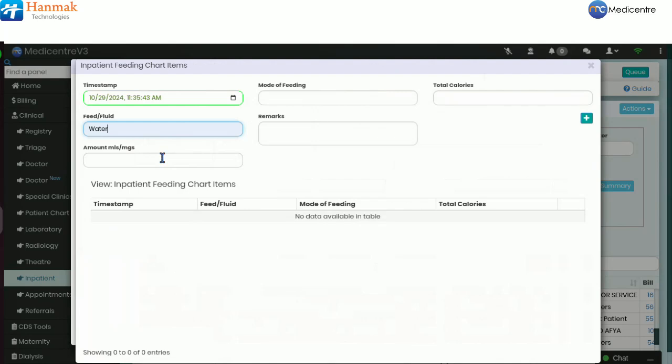Enter the exact amount in milliliters or milligrams, as accurate quantities are essential to meet the prescribed nutritional and hydration needs. Input the mode of feeding to show how the patient received the feed, ensuring the method aligns with the medical care plan. Add any relevant observations or notes, which are key for documenting how the patient responded, any issues